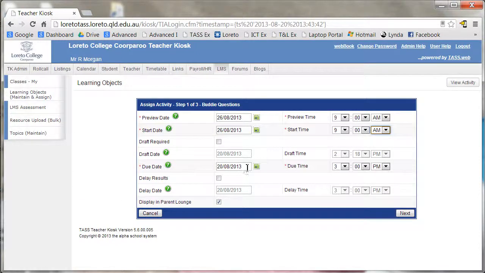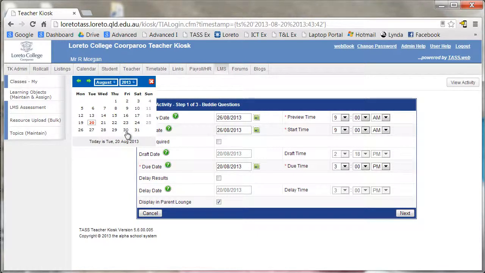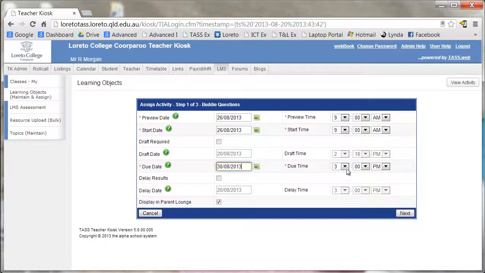But we'll stick with the due date for now, and I'm just going to give them a week to do this, so I'll make it Friday the 30th, and 3 o'clock in the afternoon is fine. Now this last button, delay results. Delay results is to do with whether you've set up criteria where you actually put the grades in yourself. So when the grades go in,